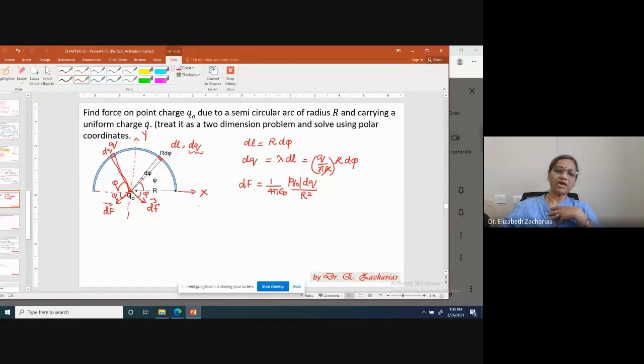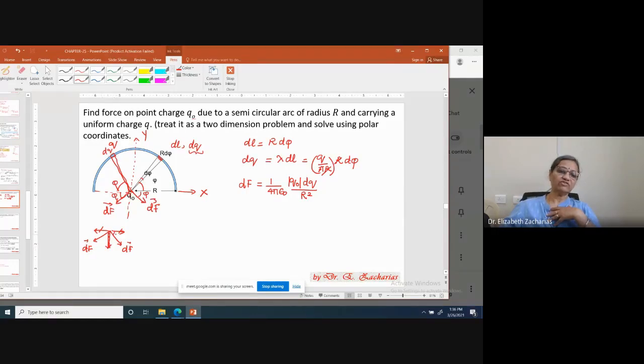Okay, so what will the addition of two such vectors be? Two vectors like this, dF, dF, same magnitude we are having. So the sum will be in this direction, because there is a component of this other vector in this direction. These two will cancel out. So there will be two vectors in this direction.